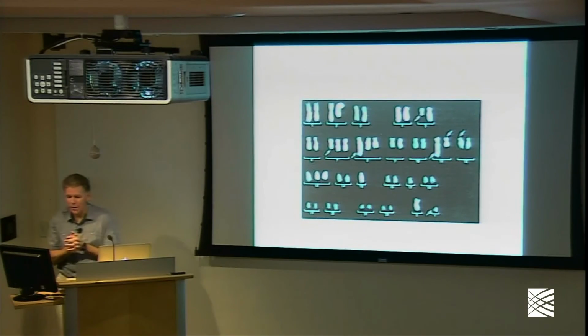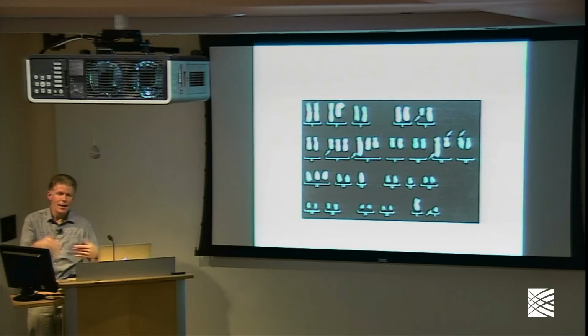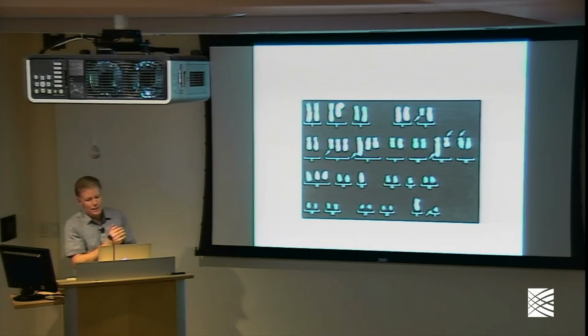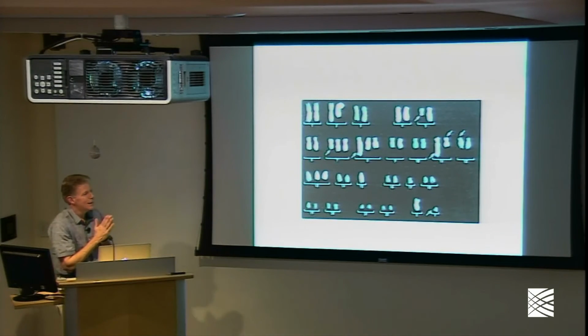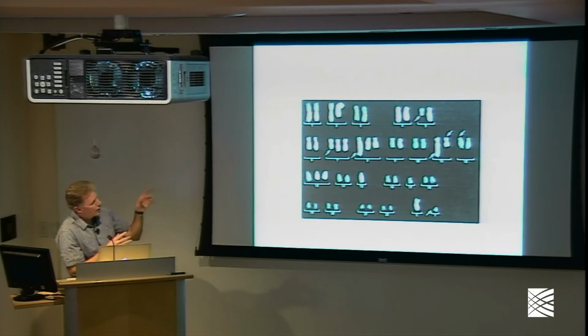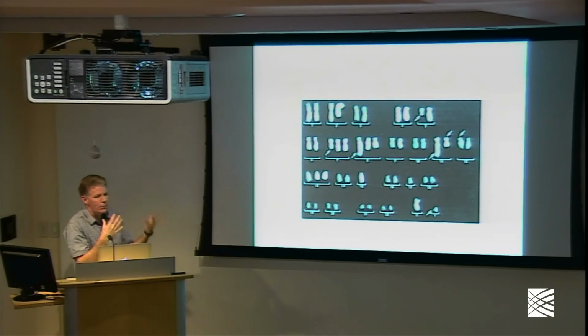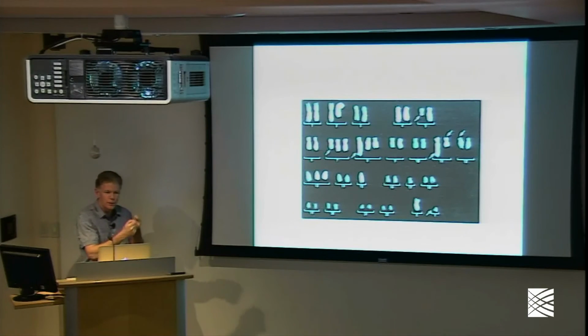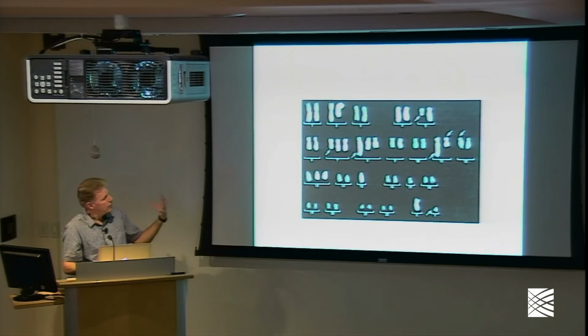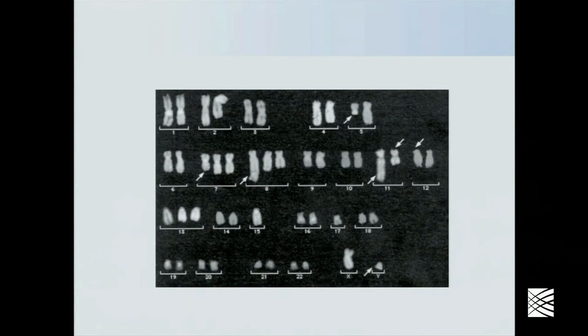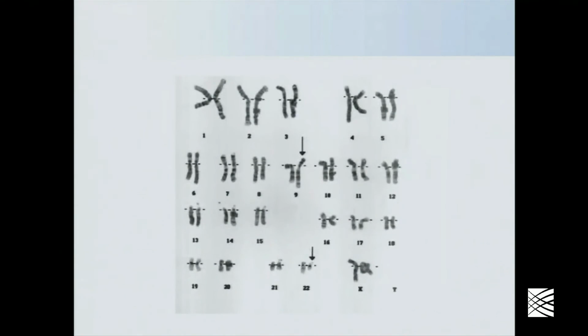So here's another genome. Anybody have an idea what the deal is with this particular human genome? Any guesses? Yes, this is a cancer genome. The little white arrows are showing you all sorts of problems with this genome: aneuploidies, deletions, duplications. So this is a genome from a tumor cell, and many kinds of cancer frequently have these kinds of large-scale